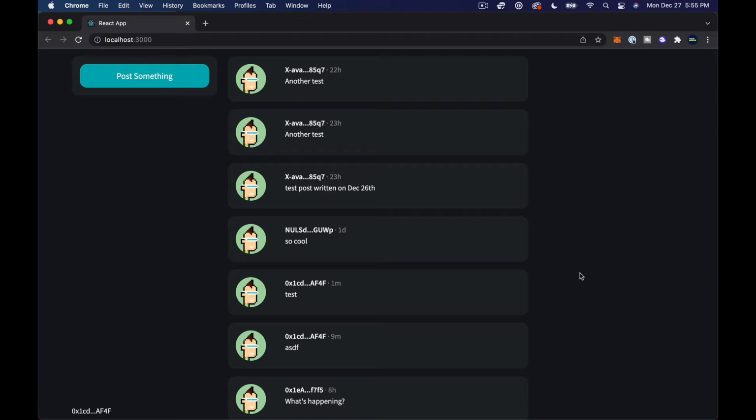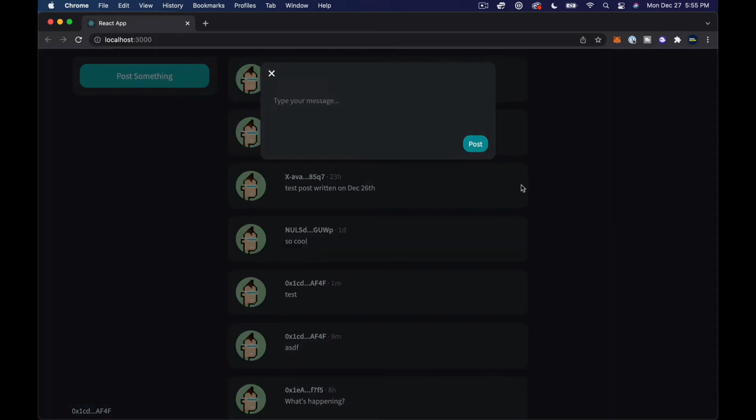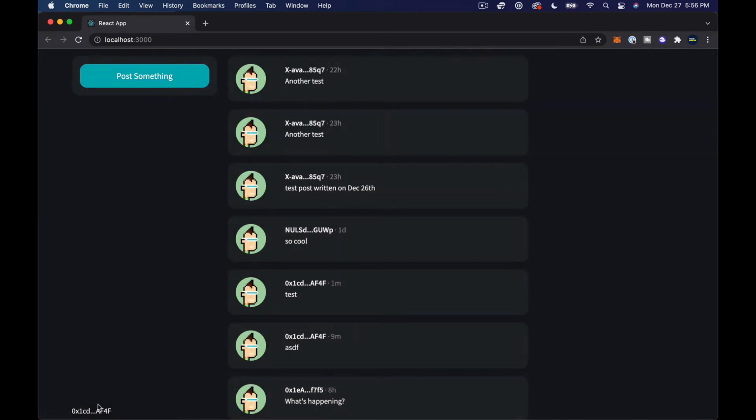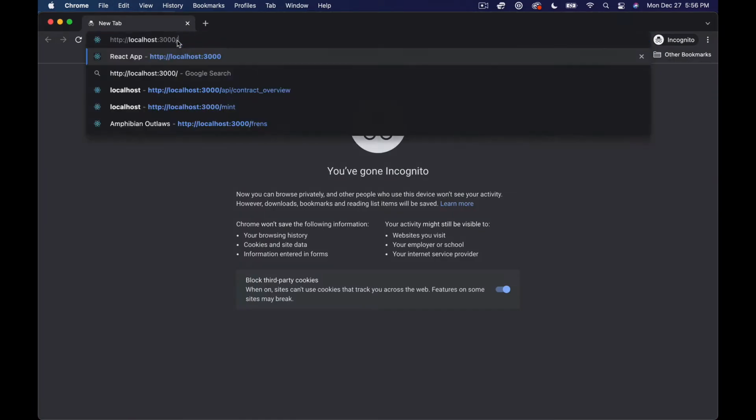So with all of that said, what we're going to do in this episode, one thing I want to do is have this post button be deactivated if this content here is blank. So we're going to get that going. And then I'm going to have something over here. We're not going to make this button do anything yet, but I want to basically take this little address indicator over here. Or if we are not logged in,